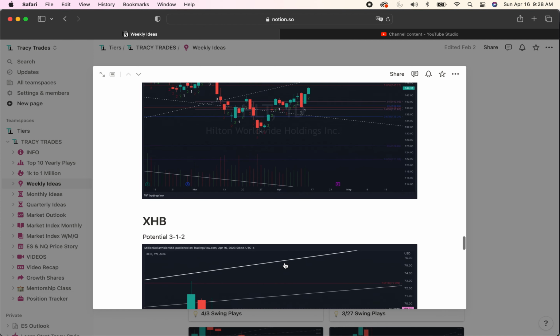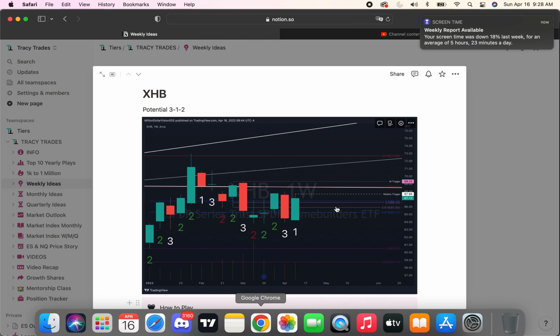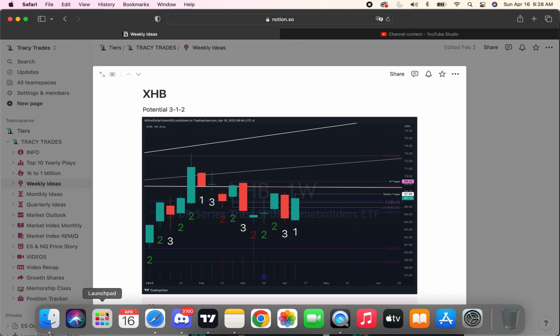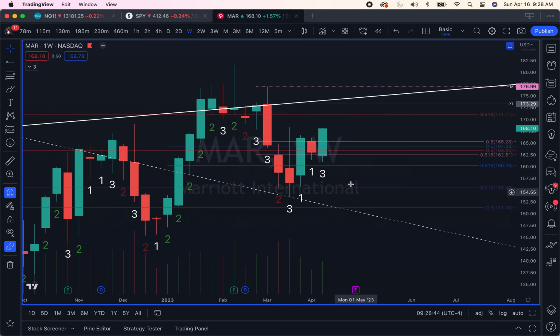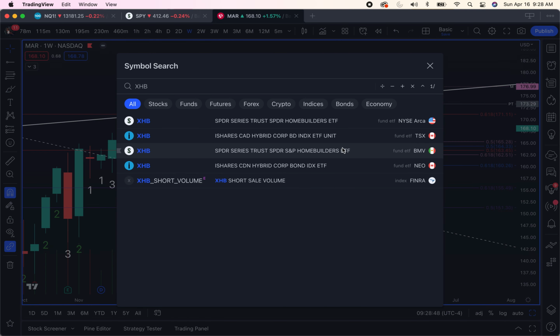All right, next one I have is XHB. This is an ETF. I like the ETF because it's the same thing. If y'all know the theme this week, we're above the 50 on multiple time frames, monthly and quarterly. With the 312, easy peasy, going into the yearly 0.50. It'll probably go more, but just for making money purposes this week,